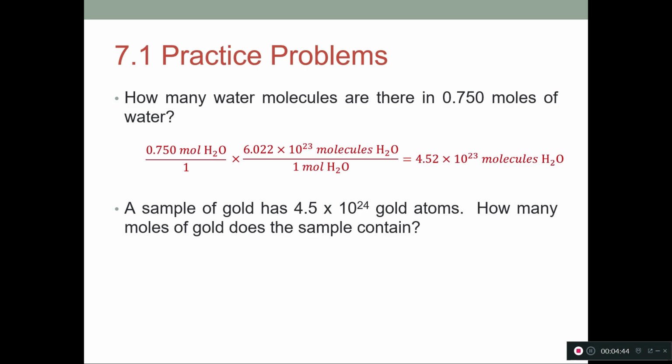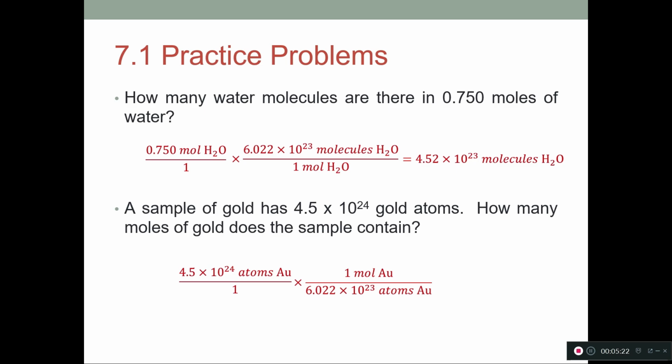The next one, a sample of gold has 4.5 times 10 to the 24 gold atoms. How many moles of gold does the sample contain? So we want to start with our atoms here. So that's the 4.5 times 10 to the 24 atoms. And then we want to use Avogadro's number as our conversion factor. So this time, because we want the units to cancel out, the 6.022 times 10 to the 23 atoms of